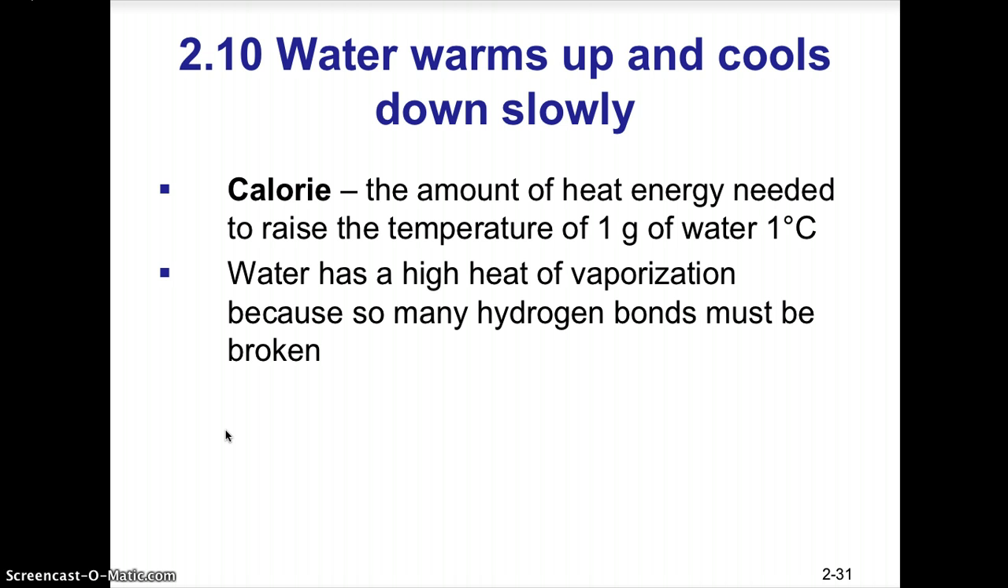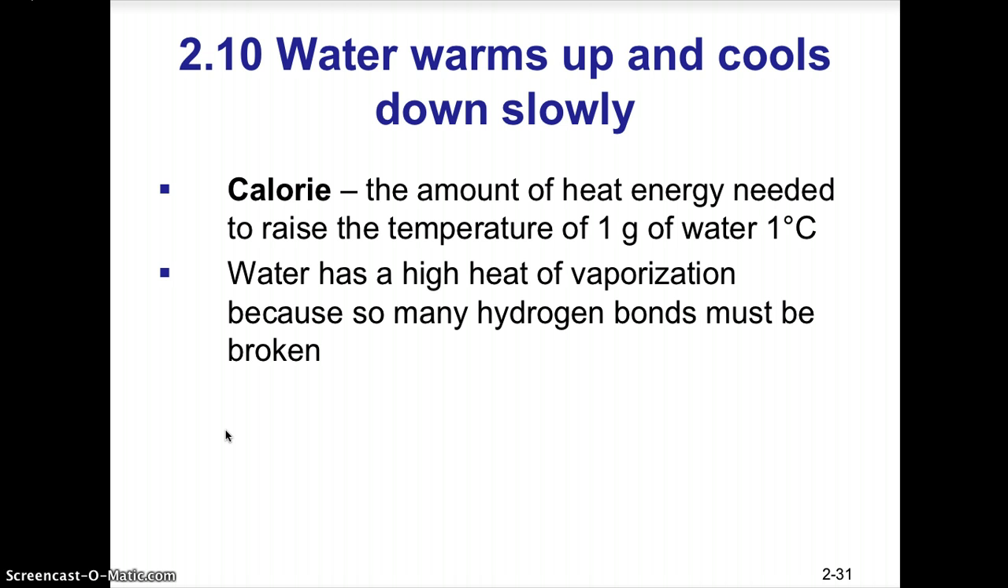So water needs to absorb a lot of heat energy in order to change its temperature by 1 degree Celsius, or it needs to release a lot of heat energy in order to change its temperature by 1 degree Celsius. And that is a unique property of water. And that is a good thing for life, because if you walked out on a 120-degree day, your body would be heating up. And then that would, of course, affect